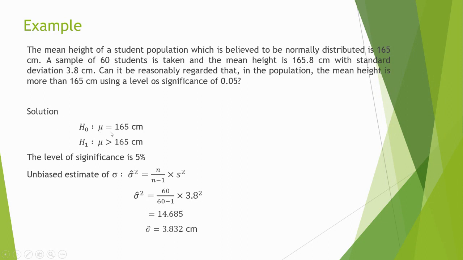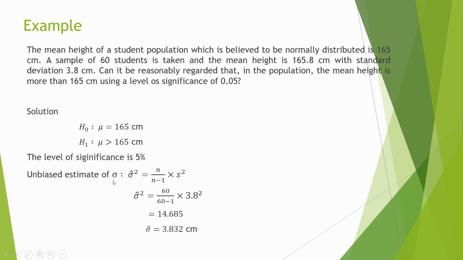So this is our solution. Our H naught is mu equals 165 cm. H1 is mu greater than 165 cm. Why? Because they want to check that the mean height is more than 165 cm. So this is our H1. Our level of significance is 5%. Then since this is a case with unknown variance,